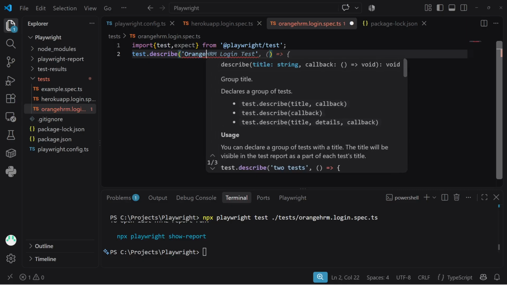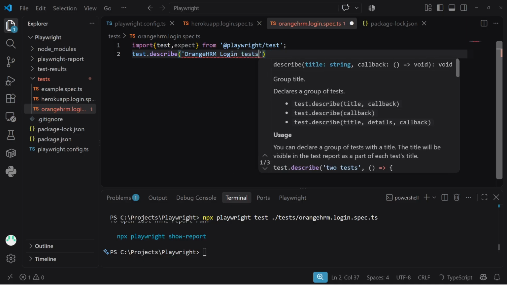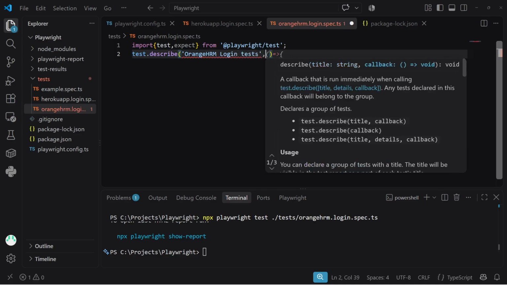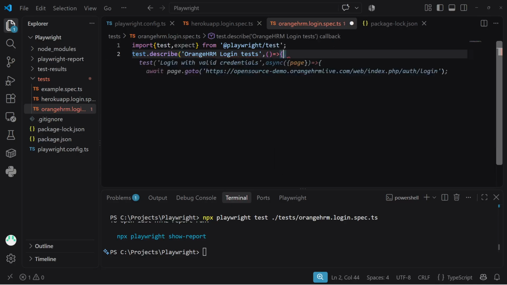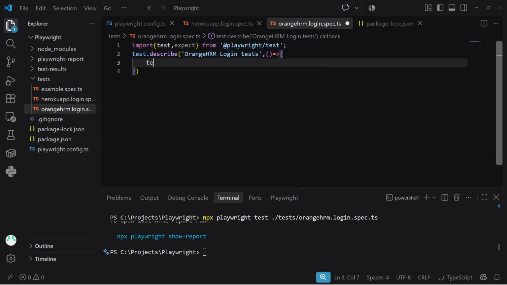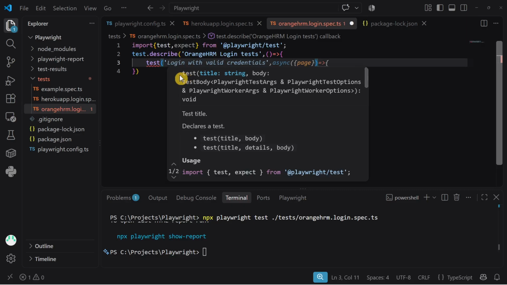So orange HRM login test. Then you have to give parenthesis, this is basically called an arrow operator, and inside which you can write your test. Now give the test name: login with